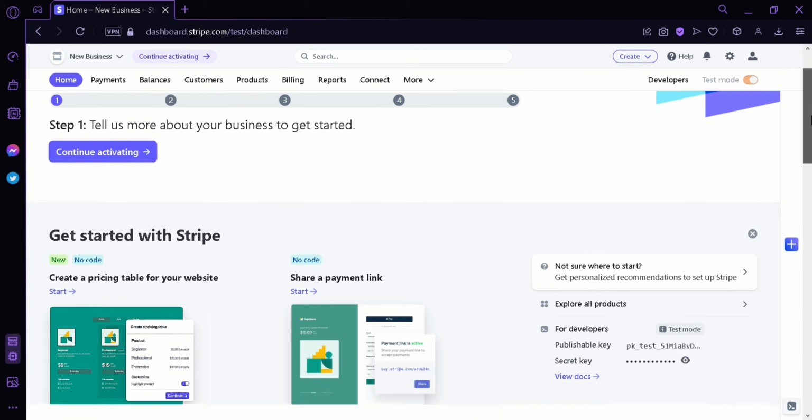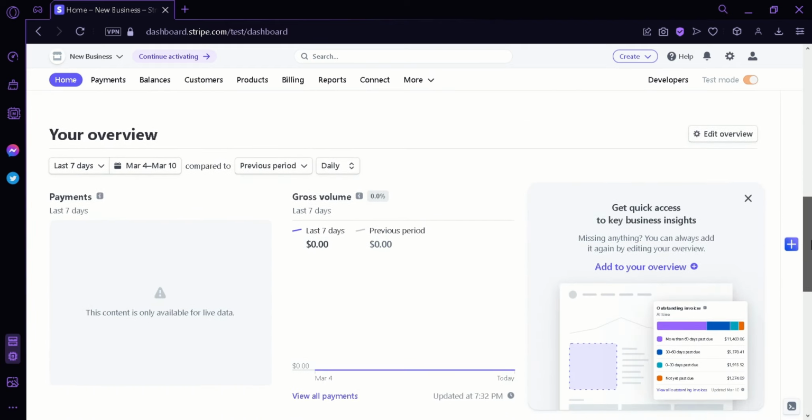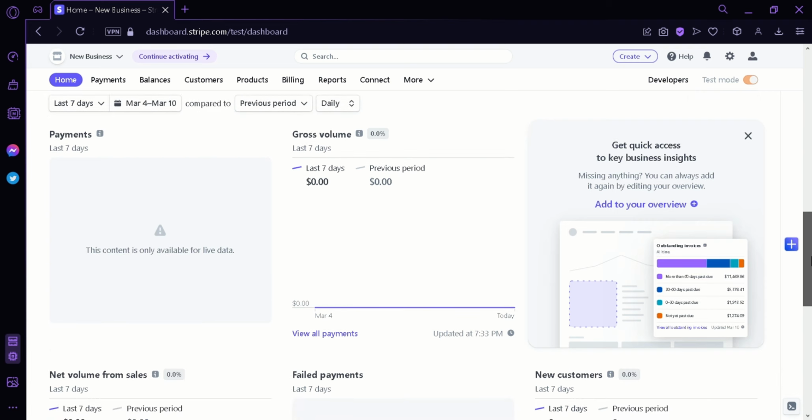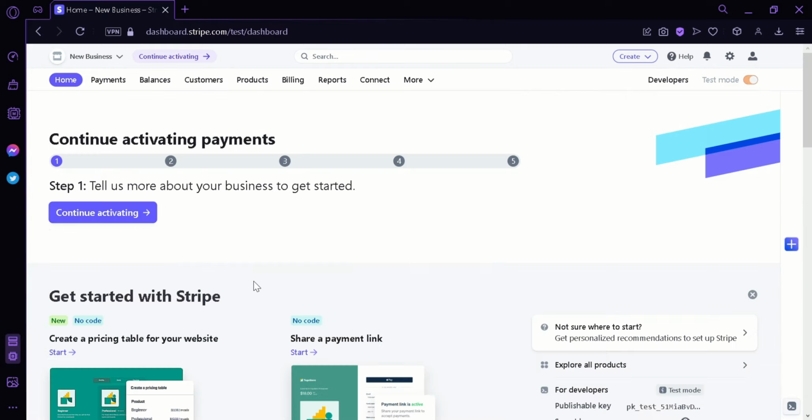Now when we scroll down, we can see here the gross volume. We could check your overview down here by seeing the payments that you had, the gross volume. You can also check your new customers, failed payments, net volumes, and sales. Now if you look on the top, you can see that we have home, payments, balances, customers, products, billing, reports,